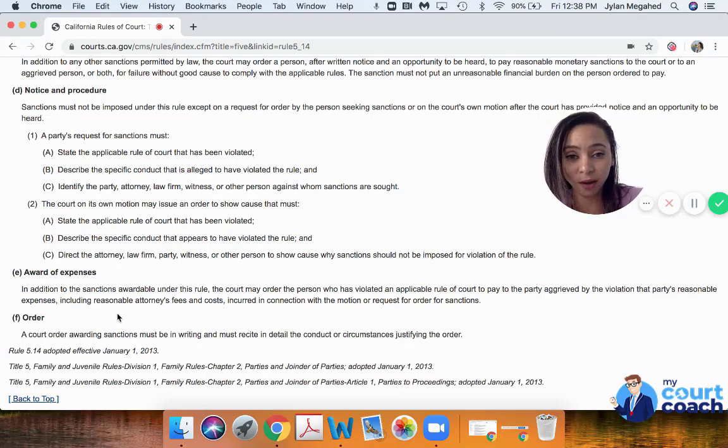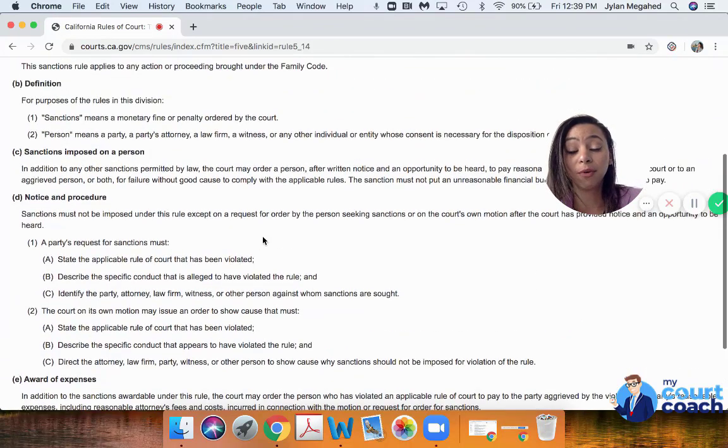So this is a great way, if the court has just sanctioned you for not following the California Rules of Court, and they didn't state it in writing, it wasn't cited in detail about what circumstances or conduct justified the order, then you need to cite this in court. And this, again, just goes to show the importance of the rules of court in order for you to prevail